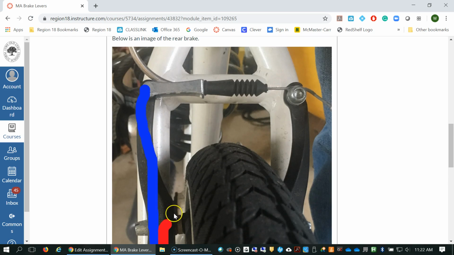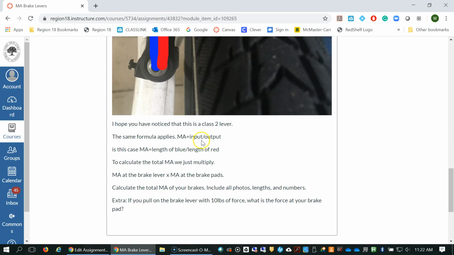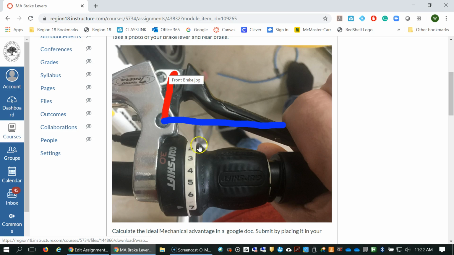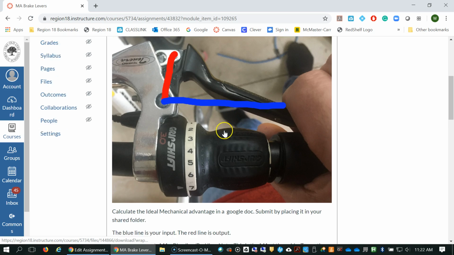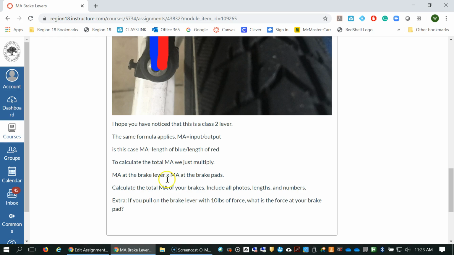For estimating purposes, let's call this one 3 to 1. Same formula applies. My input is 3, my output is 1. I divide these two, I have a mechanical advantage of 3. To calculate the overall mechanical advantage, we're going to take the mechanical advantage from our first problem, multiply it by our second problem. In my case, quick estimations, I don't have a tape measure on here or a ruler. It's more like 2.5 or almost 3 to 1 here, but I called it 2. This one we'll call 3. 2 times 3 is 6